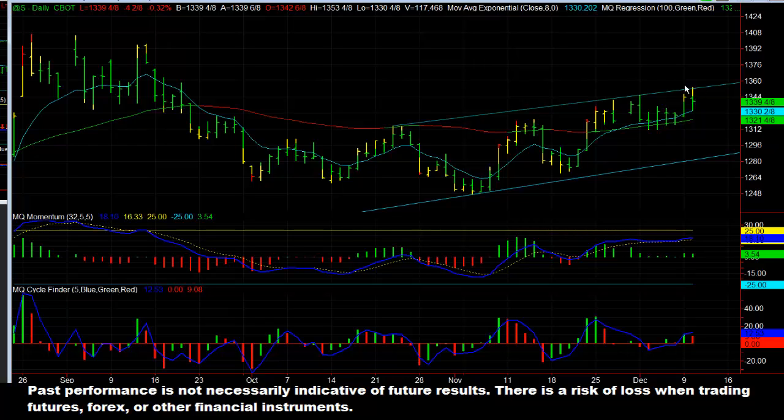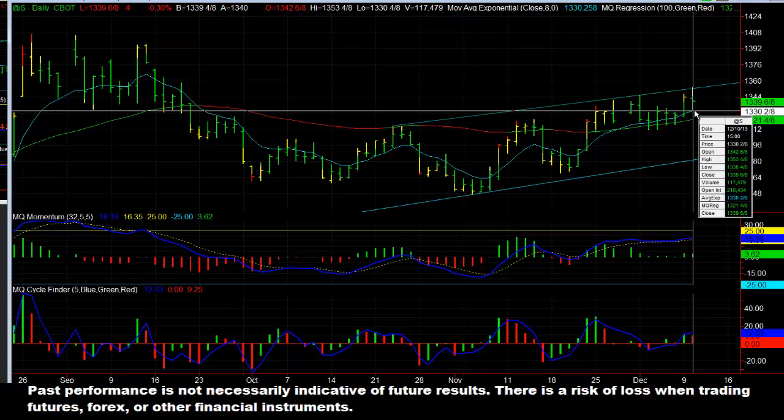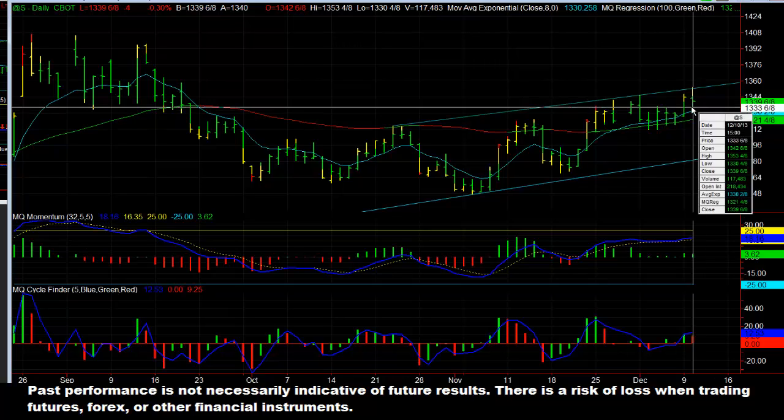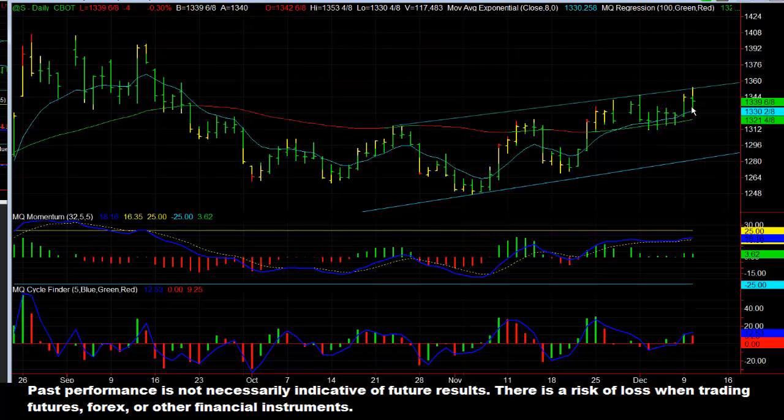Now the last thing I want to watch for is how this bar ends up closing today. If we can get this bar to close in a doji pattern, it would be what we call a yellow hat doji. So we want to see the close right next to the open, or very close to being right next to the open, at the end of trading today. If that happens, we'd have a yellow hat doji, and then we'd be looking for this market to turn around